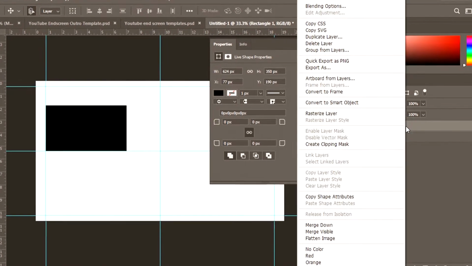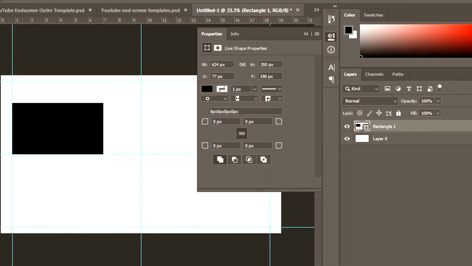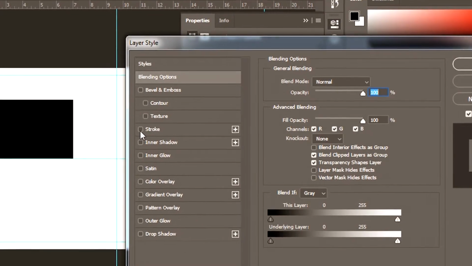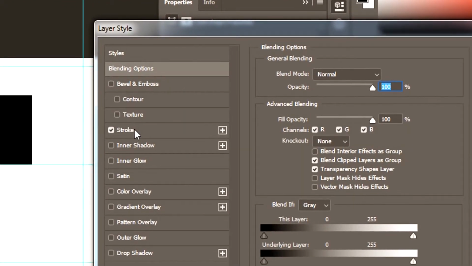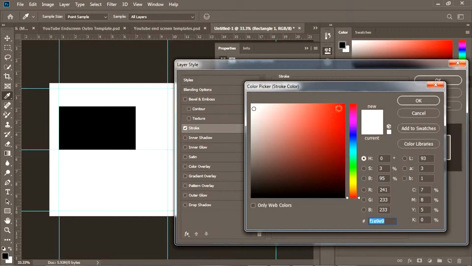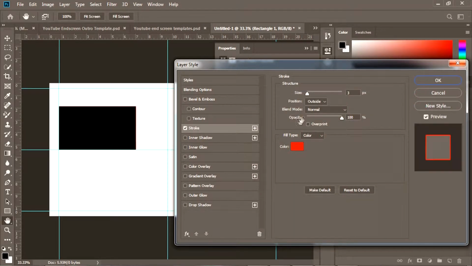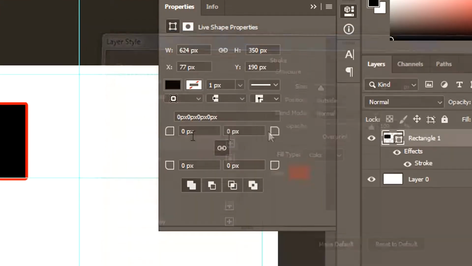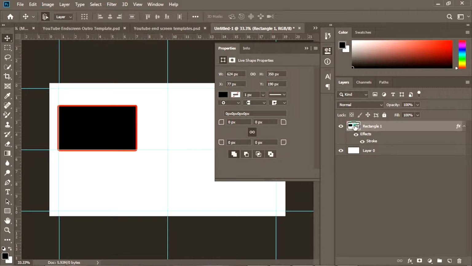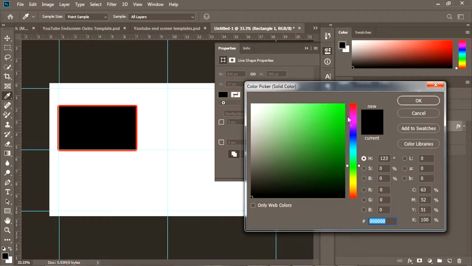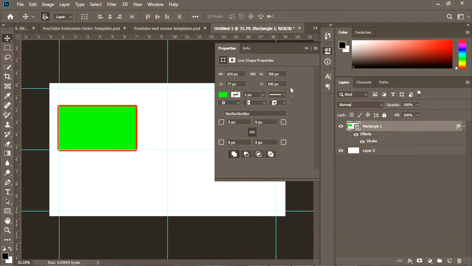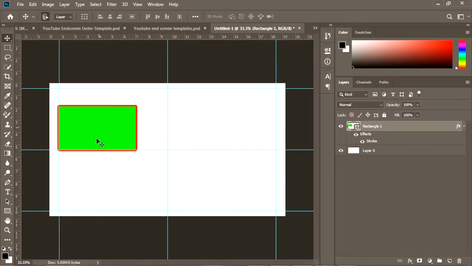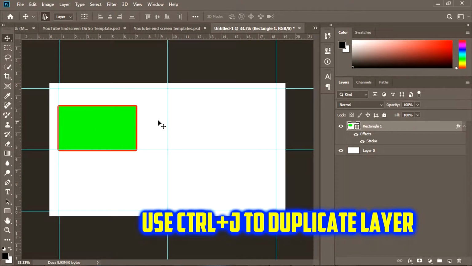I click here and go to the blending options, I choose stroke, I select stroke color, I put red, go to OK, and then put it to something like 13, then I hit OK. This one, the color, I'm going to put it to green so that I can change the green using the chroma key in any of my software without wasting time. I will copy this one by hitting Ctrl J,